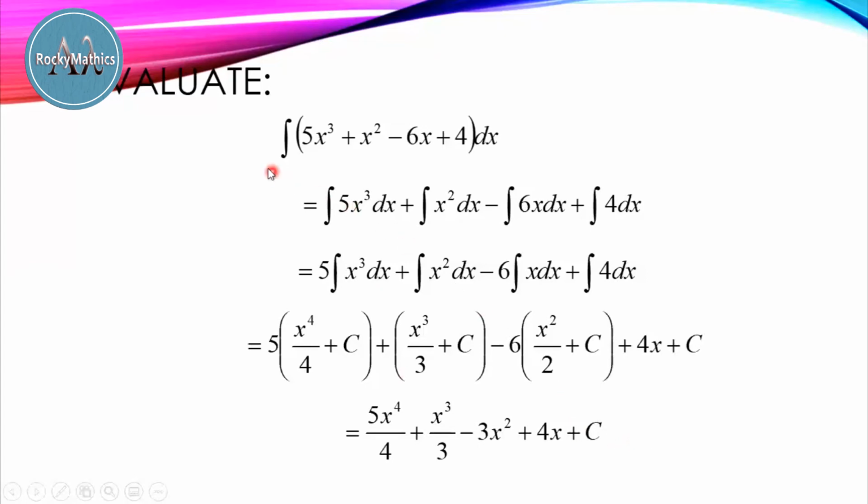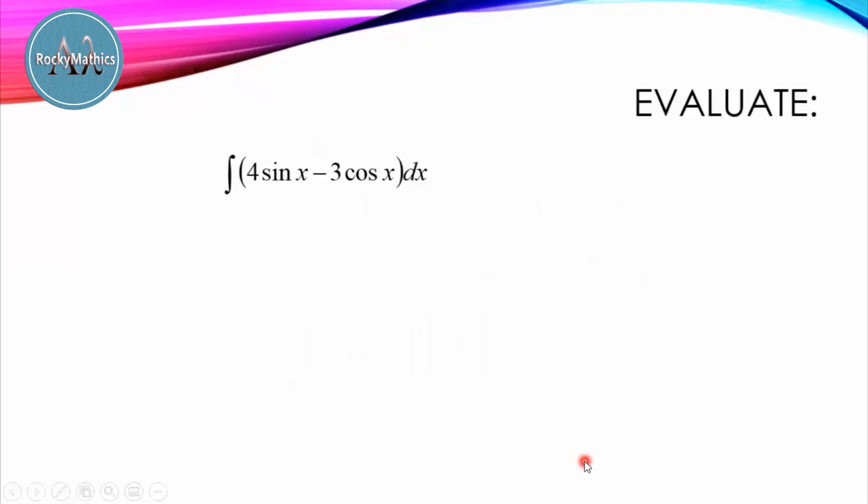Okay, so what is the integral of this, or the antiderivative? Next example, the antiderivative or the integral of 4 sine x minus 3 cosine x dx. So applying the basic integration formulas for trigonometric functions, and also the integral of the difference of two functions, right? So this is simply equal to 4 times the integral of sine x dx minus 3 times the integral of